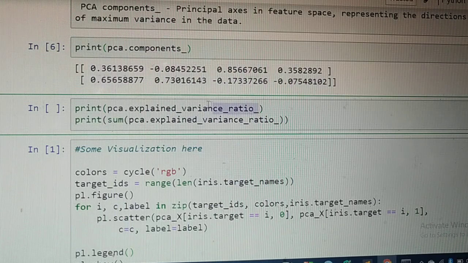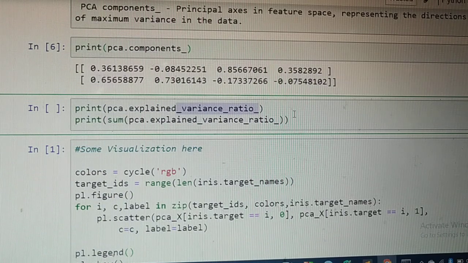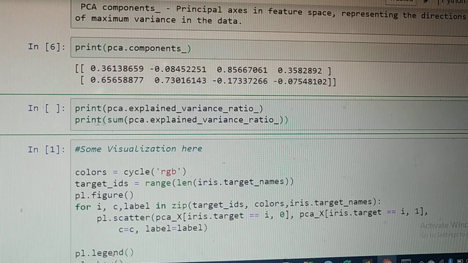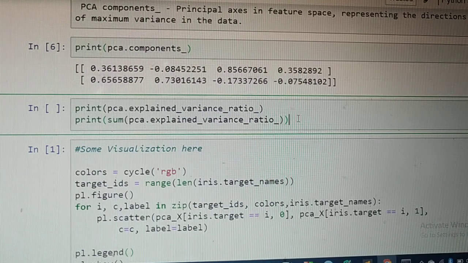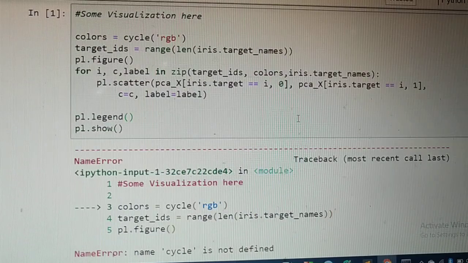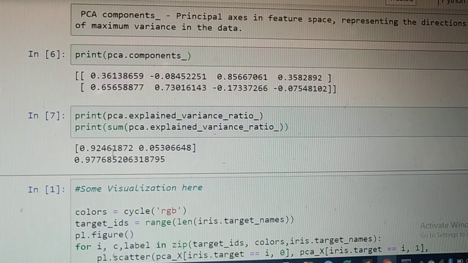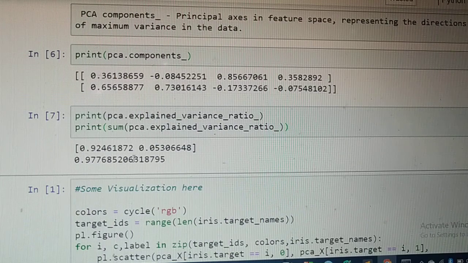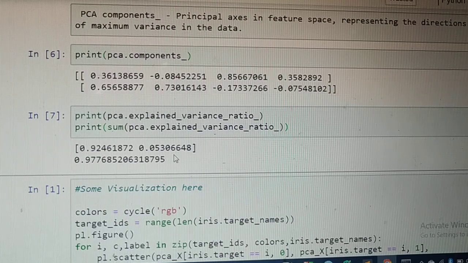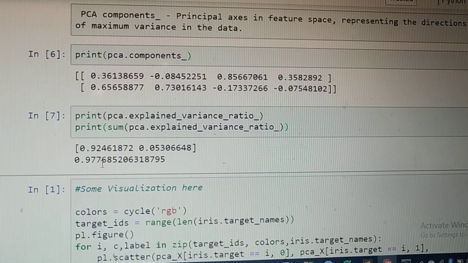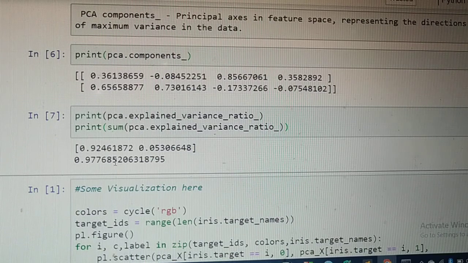This is going to give you the variance ratio of the first principal component and the second principal component, and then you can find the sum and find out how much variance you are getting after applying the PCA. We can find out the first principal component is giving 92.46%, that is very good, and the second principal component is giving 5.3031. When you sum this you are going to get an overall variance in your data set of 97%. That means that's a pretty good amount. You can easily explain your data set.